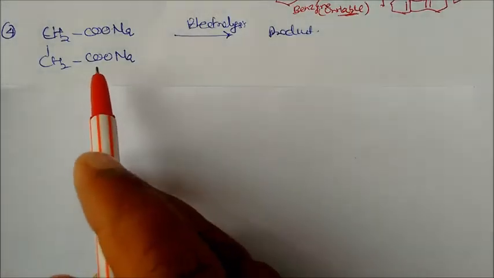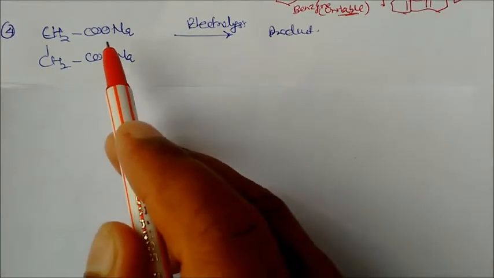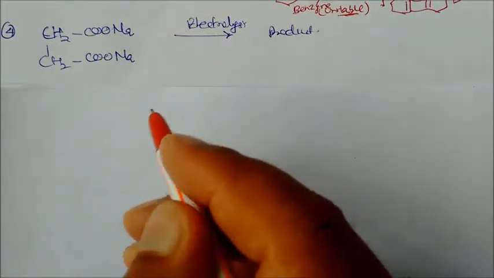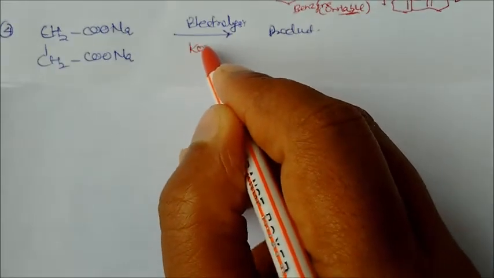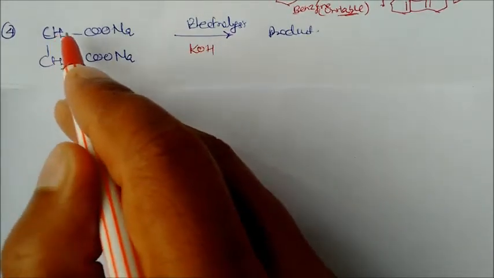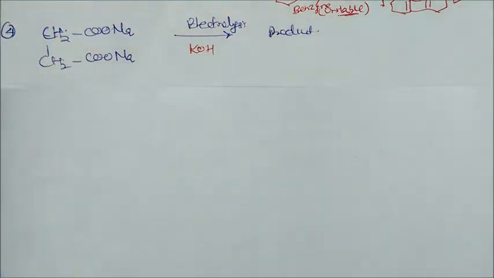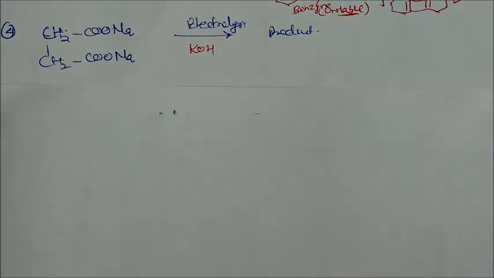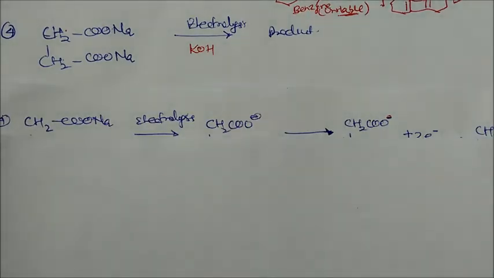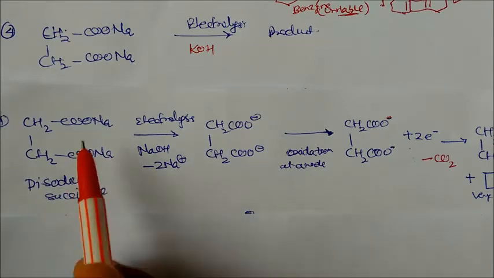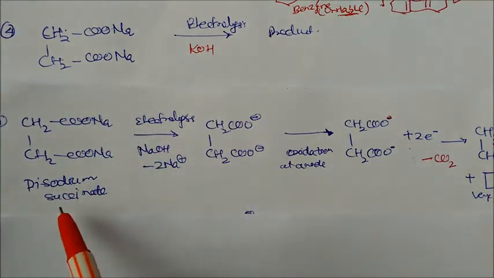So this is a reactant on electrolysis. What will happen? These 2 CO2 will be released as CO2 gas under a free radical mechanism in the presence of a strong base, and this CH2 will get 2 free radicals, on this side and this side. There is a possibility of an alkene. You can see this one alkene, and there is one more possibility also. So let us see the product. This is the same structure, disodium succinate.